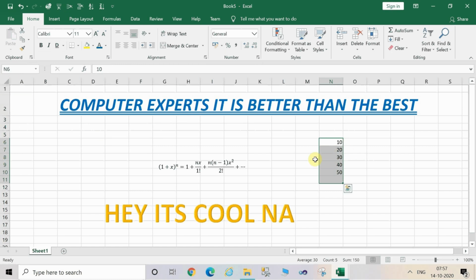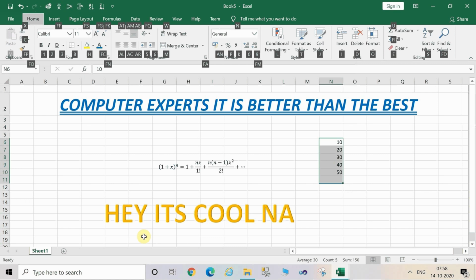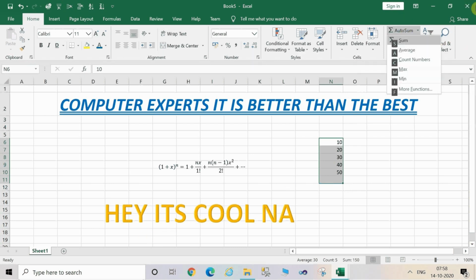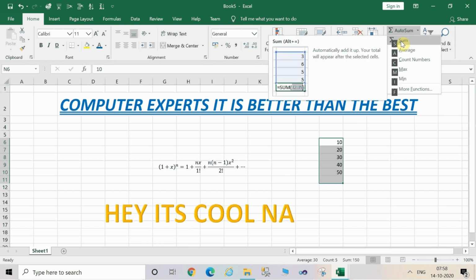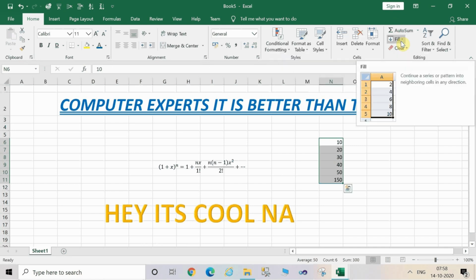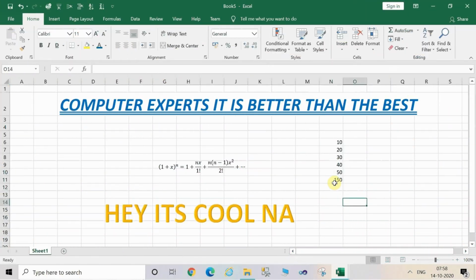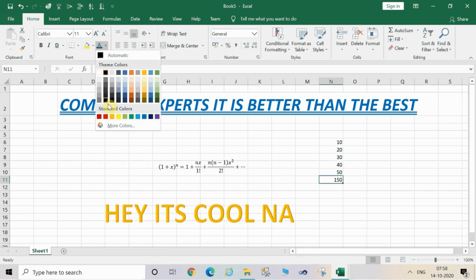Now let's enter some of the numeric text in the Excel. Now I want to perform the auto sum. For this, you have to press the Alt button and then press the H and then press U for the auto sum, and for sum press S. Right. And if you want to calculate the average, then you have to press A. And now let's highlight the auto sum with some color.